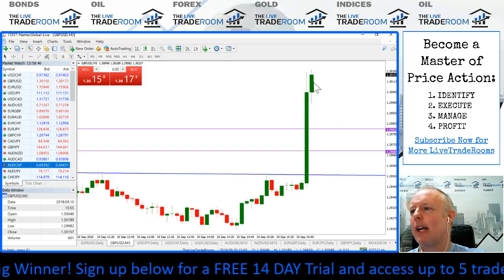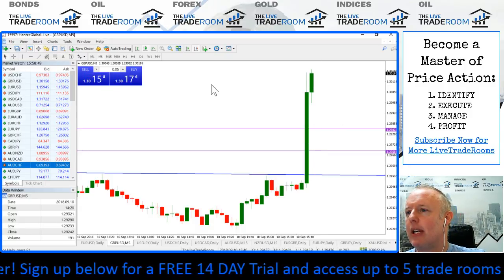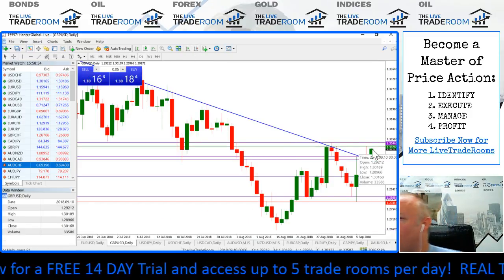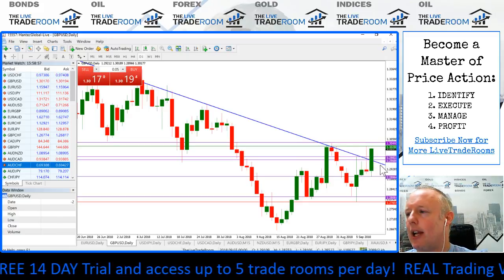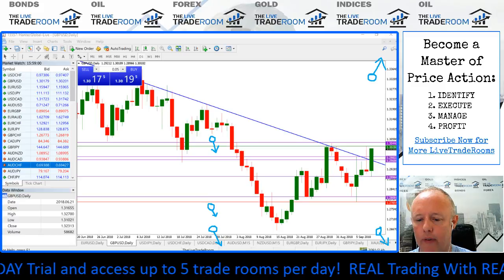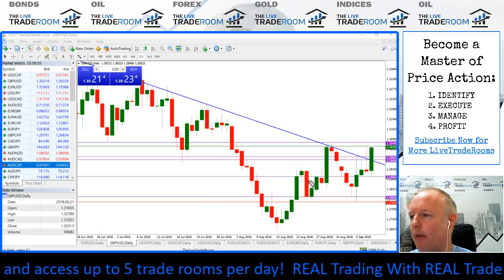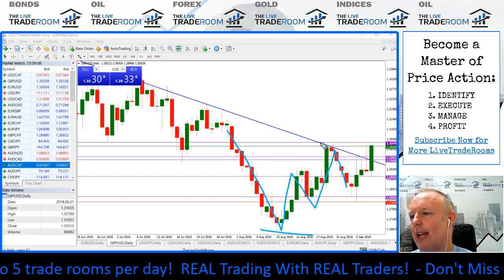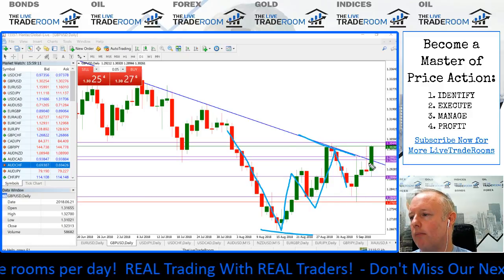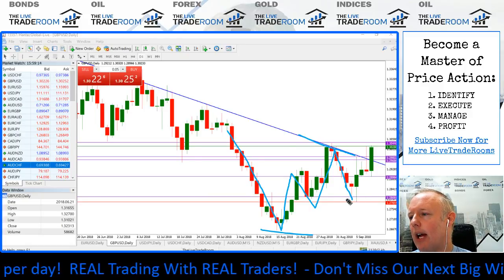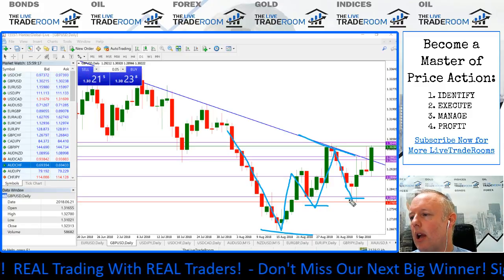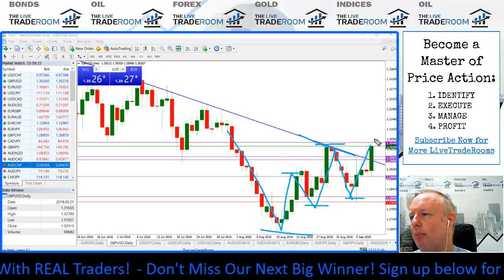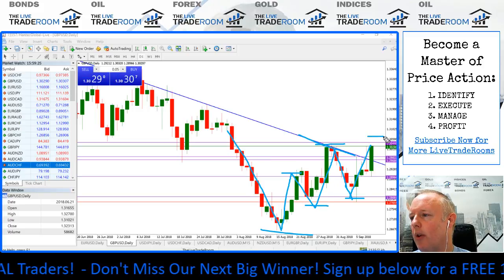So look, we're extending these markets to the upside. The pound dollar is taking a really strong move. So what is our plan? We discussed this morning, if we get a break above the 30.44, this is a trade that we'd be looking to get involved in. The reasons for that are remarkably straightforward. The market creating a low, a really strong move lower. We've got an ascending level which kicked in last week, and we've created the beginnings of an uptrend. So we've got a couple of highs in here, and a break above the 30.44 would constitute another high.